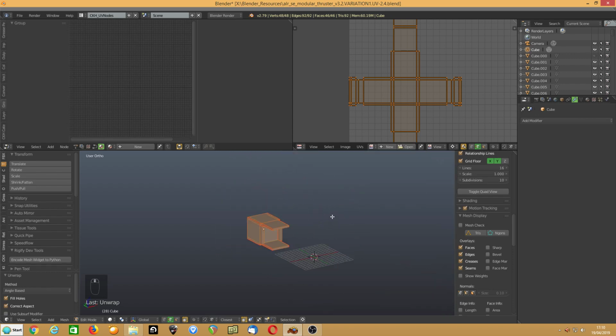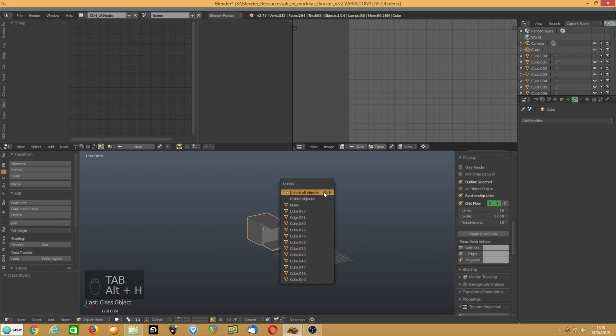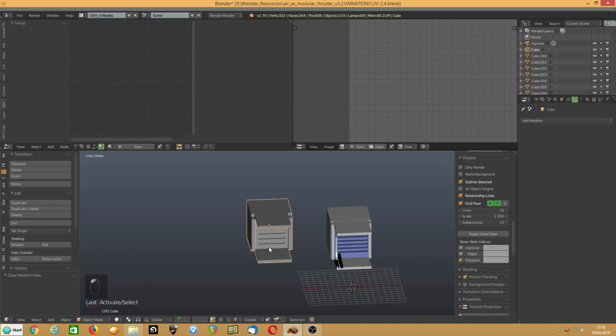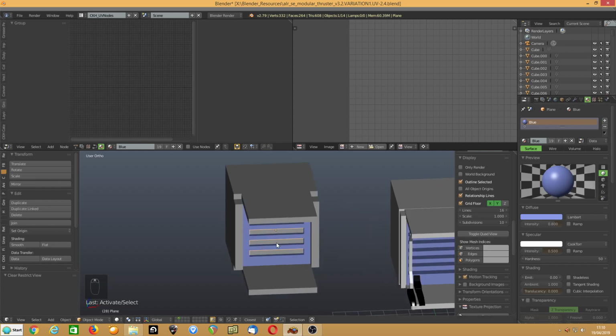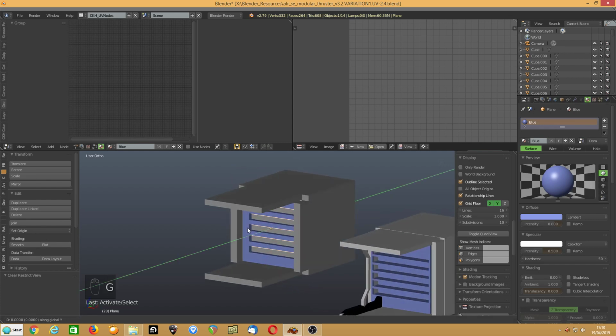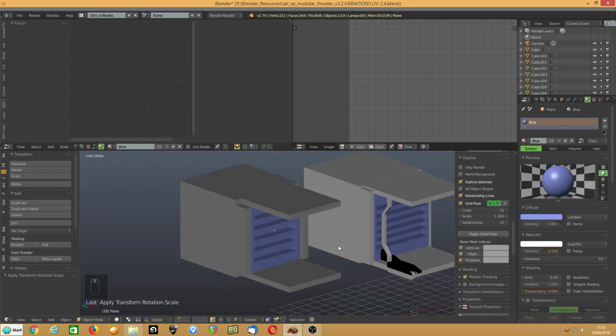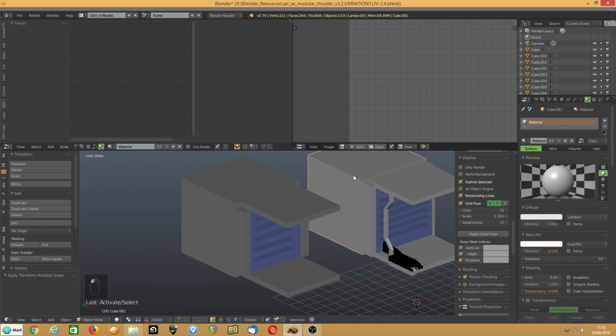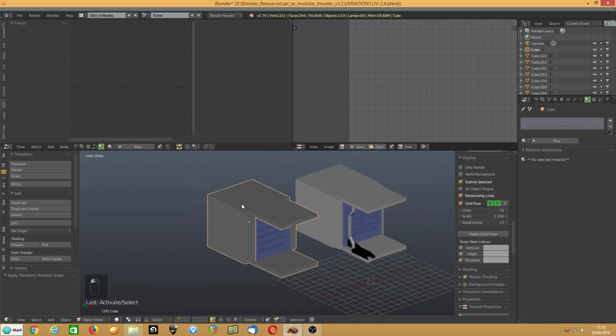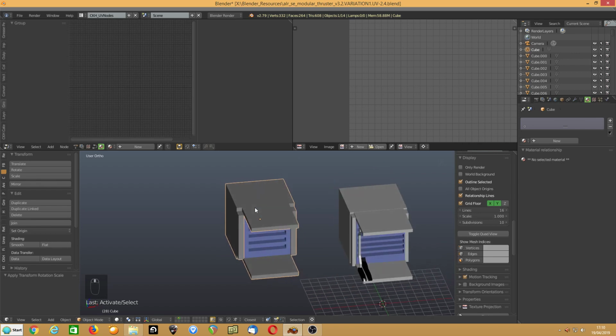And having done that, what I can do is I can make it fit. So the first thing we'll do, we'll take that, we'll give it the blue material. G that along the y-axis. Scale it on the y as well. So it's too much, G back. And just rotation scale, make sure everything lines up. And now what I can do is I can mirror these by